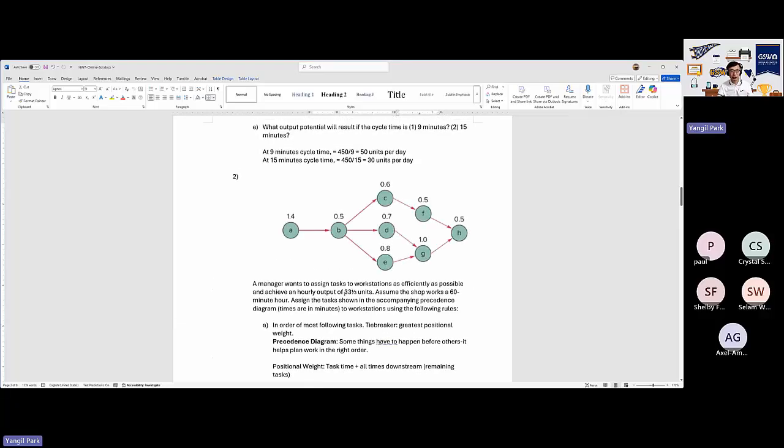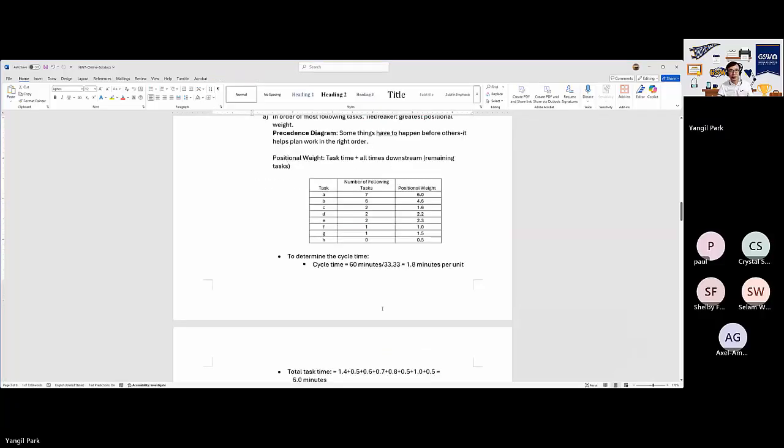Desired output is 33 and 1/3 units. So if you take that and put it into the formula, 1.8 minutes per unit. So you need to have at least, you need to have 1.8 minutes or less to produce in that particular position,